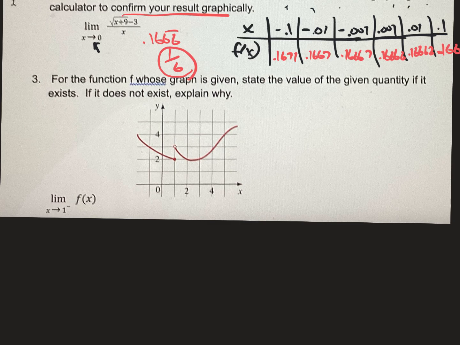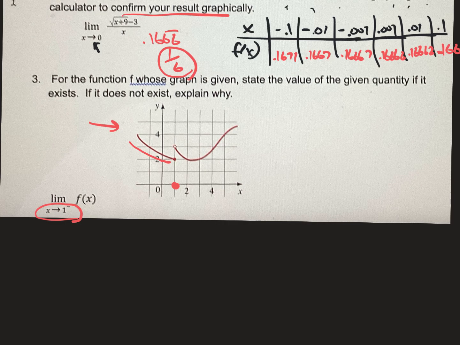Number 3, for a function whose graph is given, state the value of the quantity given, if it exists. If it doesn't exist, explain why. Okay, so what is the value of this limit of f of x of this graph as x approaches 1? See a little minus sign means to the negative side, so from the left. So there's negative 1 right here. And as I'm getting closer and closer to it from the left, my graph is getting closer and closer to